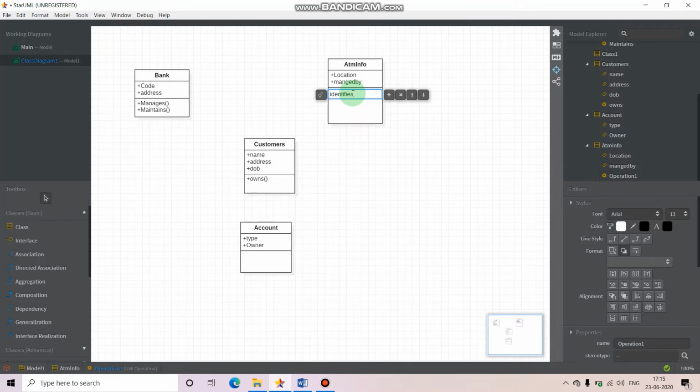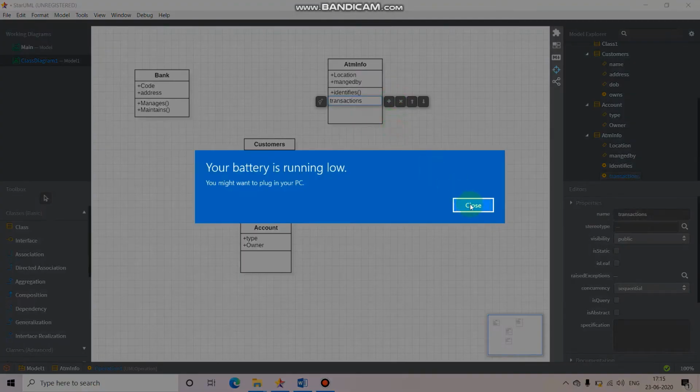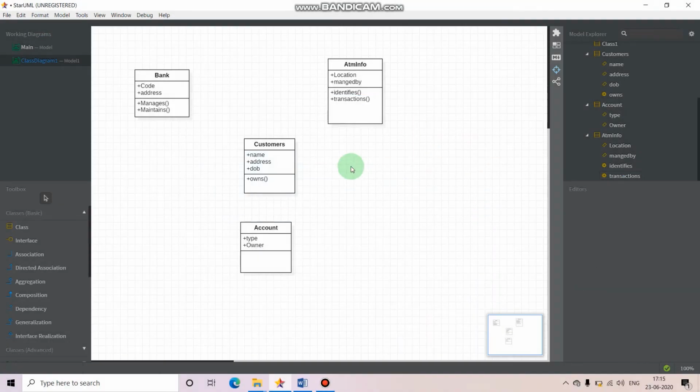First it identifies the person, and then it allows them to perform the transactions. Guys, according to this only, you have to understand the working of that particular system, that machine, and then only you will be able to develop this properly. And then one is for ATM transactions.